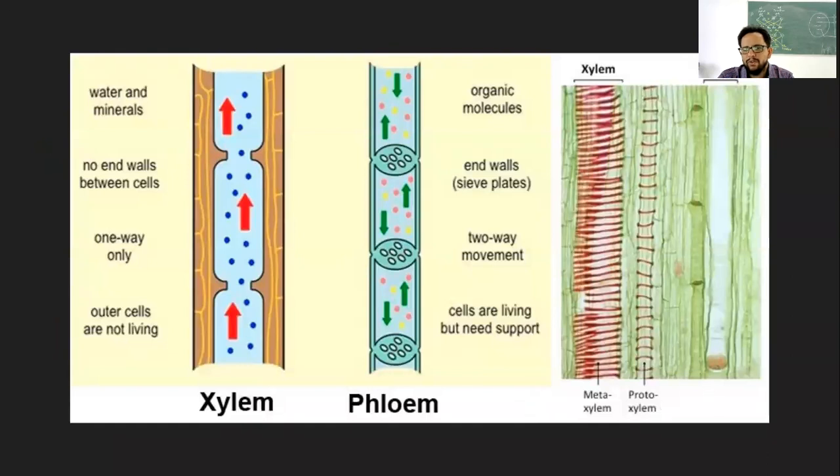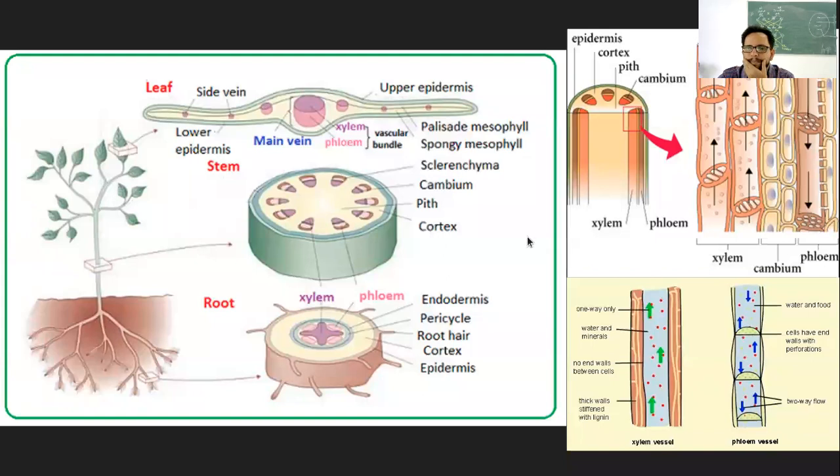So if I have to show you the xylem and phloem, this is the simplified version of xylem and phloem. That is again a longitudinal section. That means they have taken out one xylem fiber or xylem vessel, and they have cross sectioned it, and that is what they have shown here. This is the phloem part. So I will not go into the details of this diagram as of now.